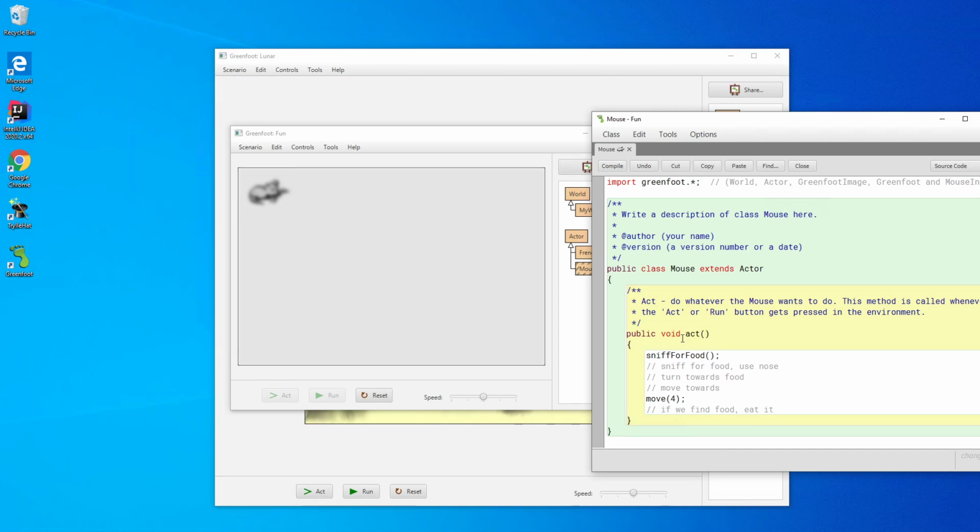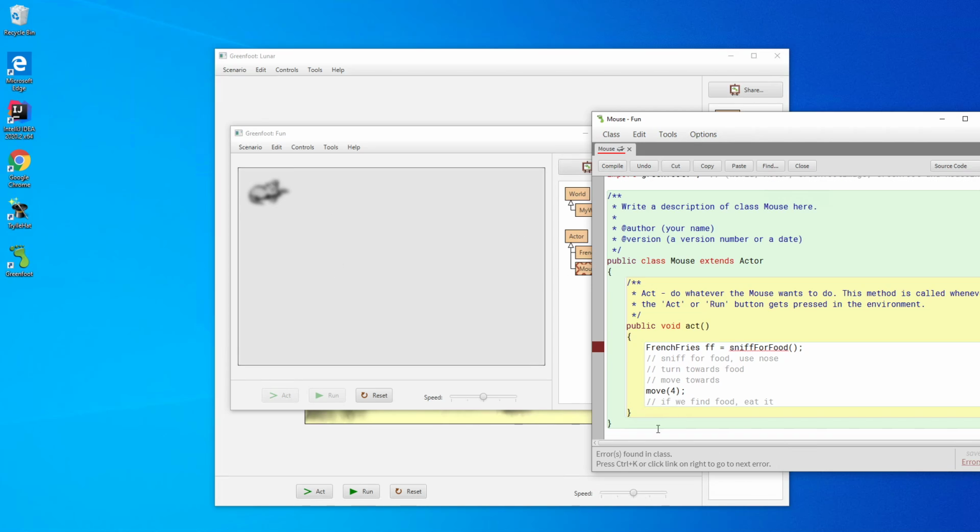And what I want back from this method, and I haven't made it yet, so don't get confused on that. I'll make it later. But sniff for food, I want actually to have some French fries. Let's call it FF. So I can use the sniff for food method to get French fries that are anywhere near my